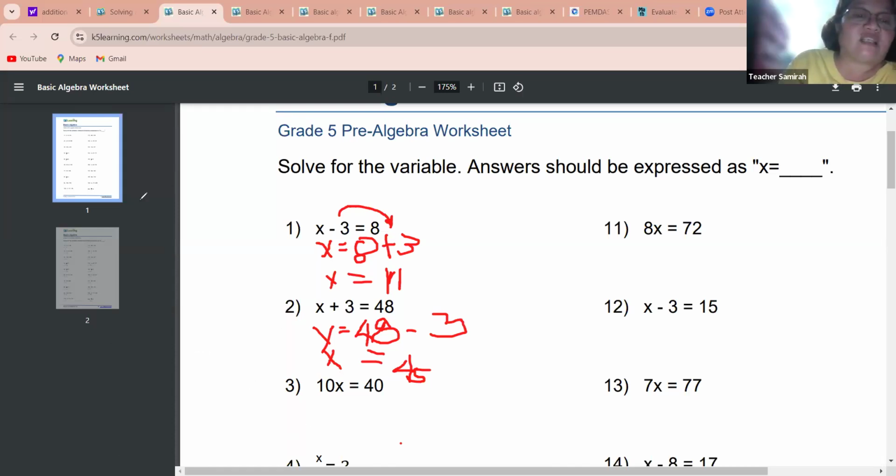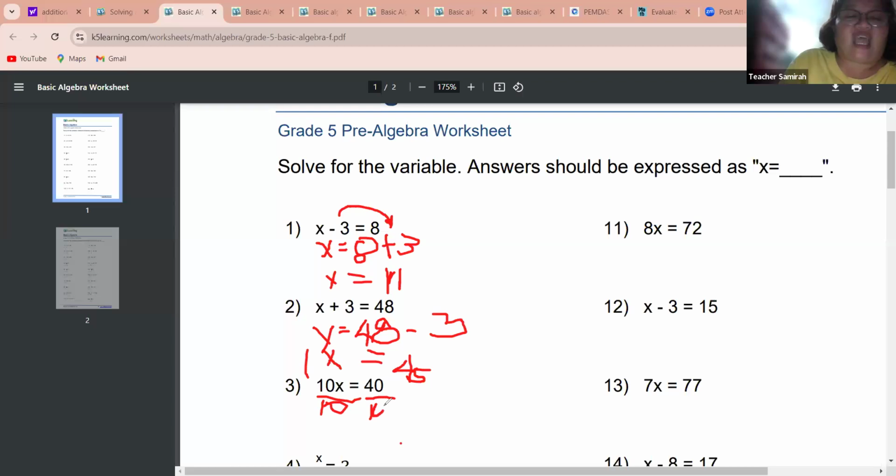So look at this. I will have to write something. I cannot actually see the cursor. Where is the cursor? Ah, there. Okay, look at this. We need to make sure that we only get x. That is why beside the x, the coefficient, we are going to divide by 10, because our goal here is to get x only. Since we divided the left side by 10, we should also divide the right side by 10.